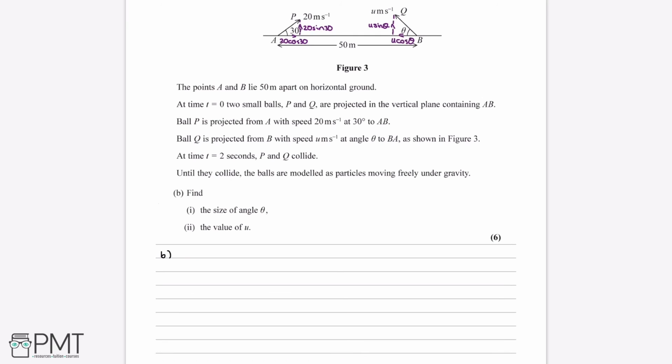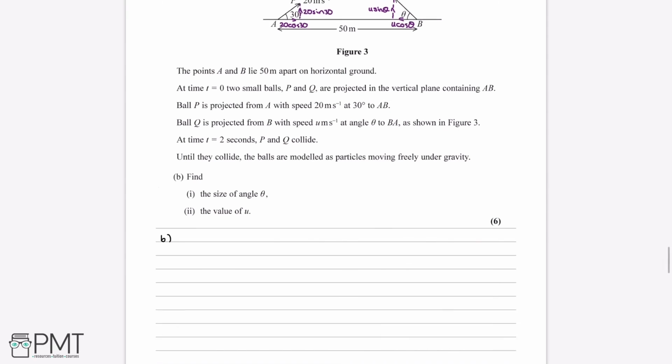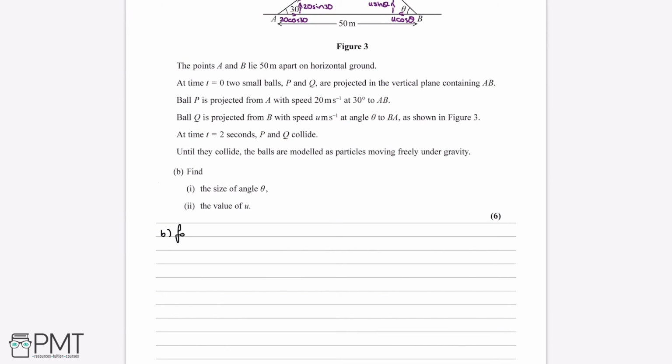And the way we can do that is, first of all, by finding what the vertical height and the horizontal distance of P is at this collision, because we have more information about P, because we know the velocity it's travelling at and the angle, which is what we don't know for Q. So if we start out for P, and if we start by resolving vertically,